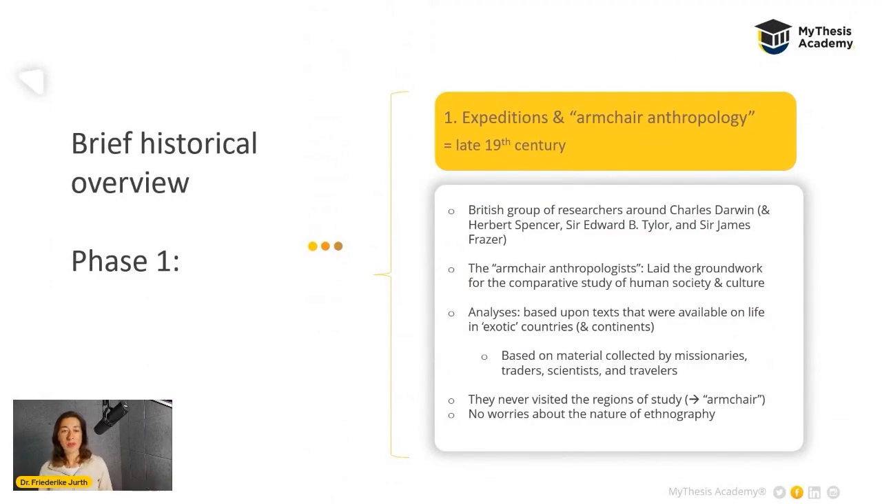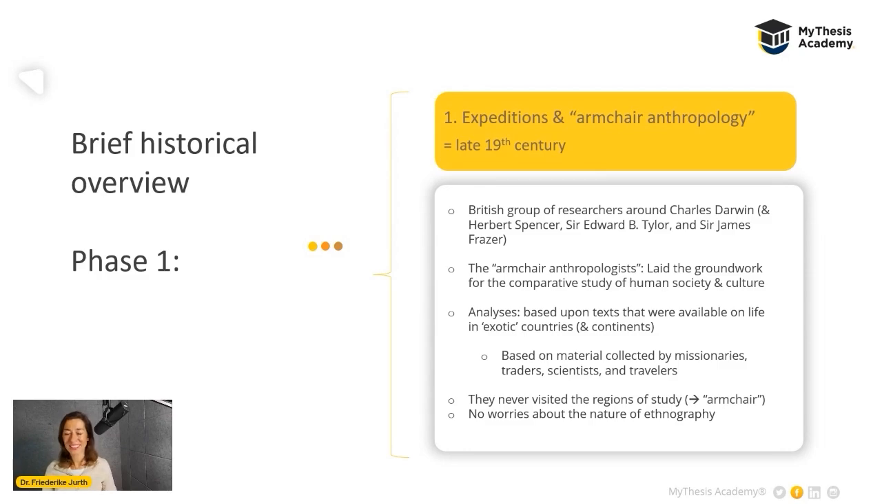Well, the first phase, as it is called, the armchair anthropology, and the moment of the first expeditions, is a phase which is marked by a British group of researchers around Charles Darwin. They were called armchair anthropologists. An expression that maybe sounds a little bit strange to you when you read it or hear it the first time,